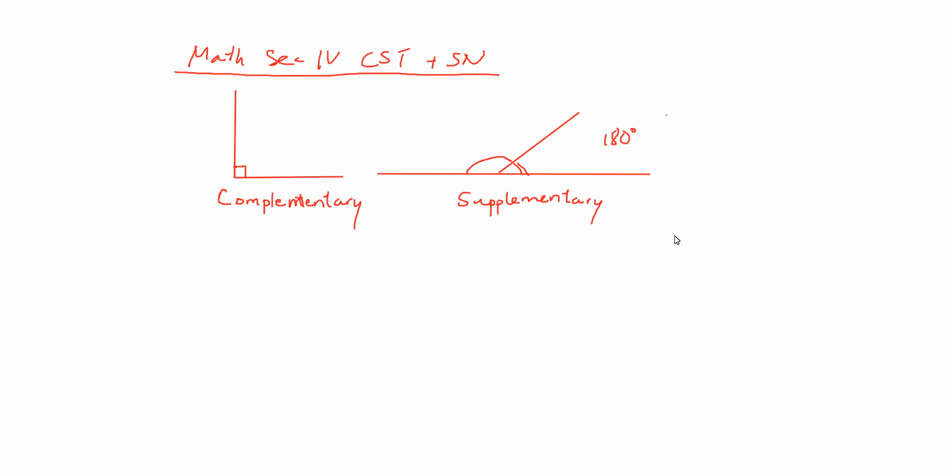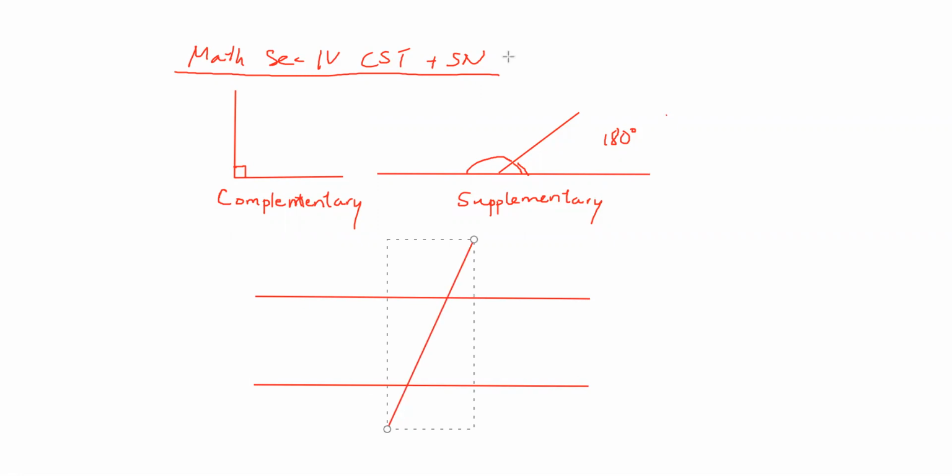What's more interesting is something we call parallel lines, and when you have a line that essentially cuts them into sections. So let's imagine here that I literally drew for you guys a set of perfectly parallel lines. We know my drawing skills are not the best, but hopefully that's parallel enough for you guys to know what's going on. Now, the additional line that I've drawn right here is what we call a transversal line. I'd just like to make sure that you know the name of this line, transversal.